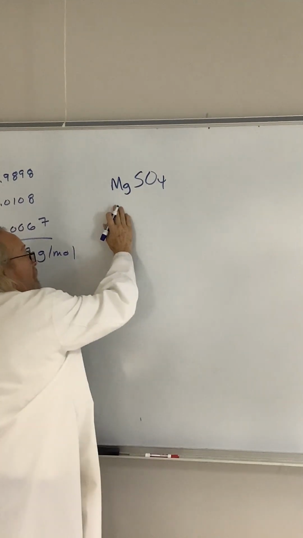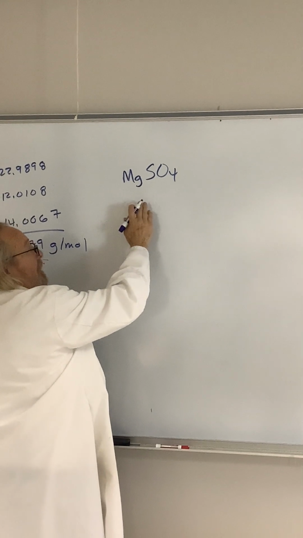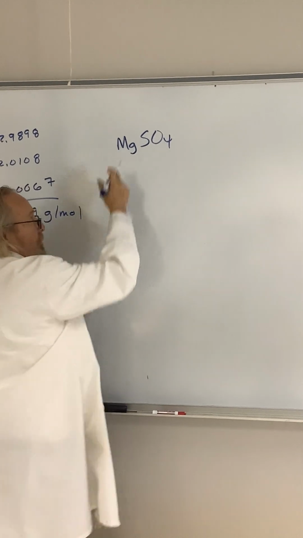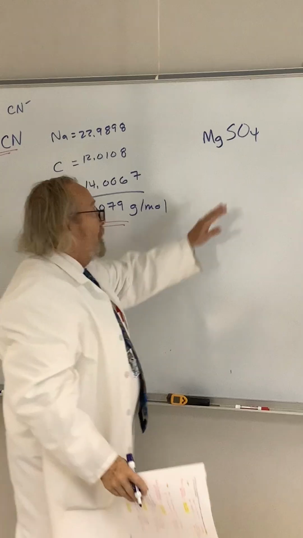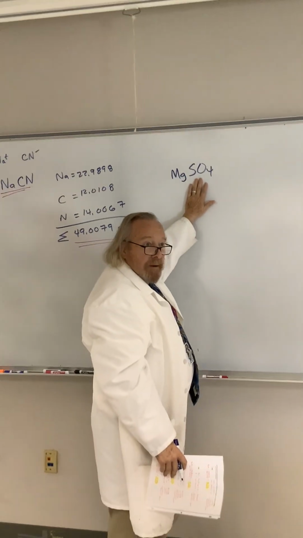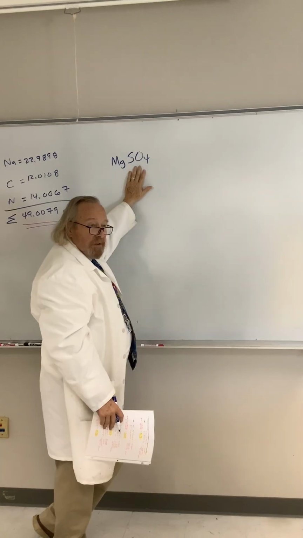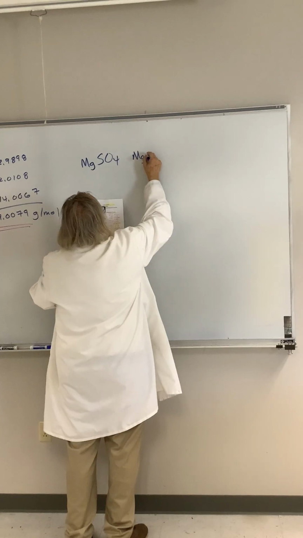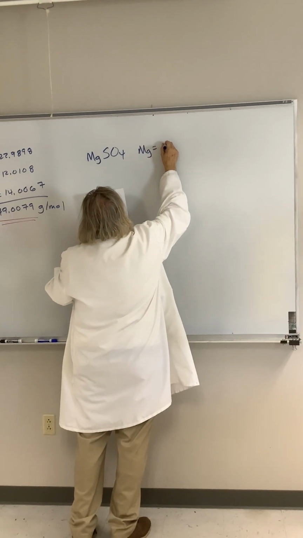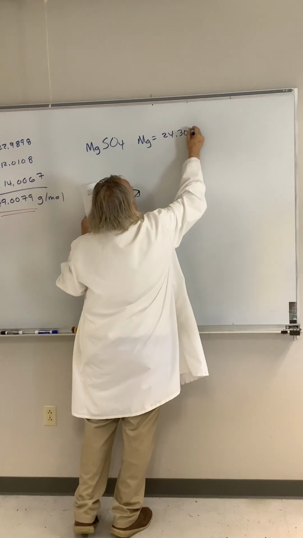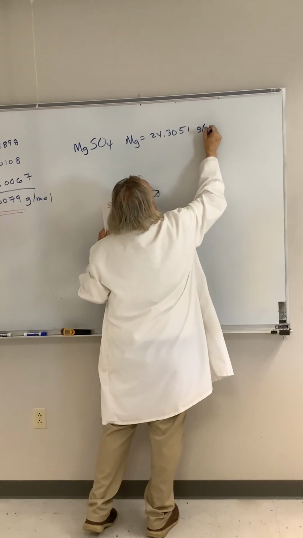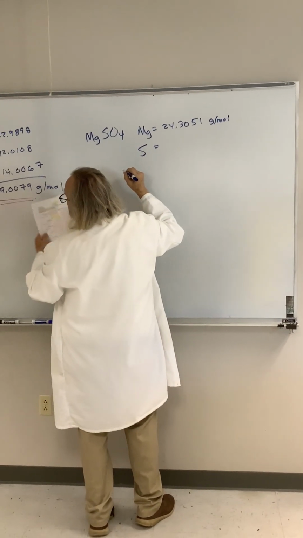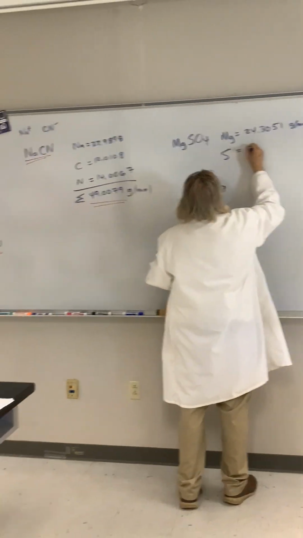It's MgSO4. Magnesium is a +2 cation, group 2 alkaline earth metal, and sulfate is a polyatomic ion with a -2. So they combine in a 1-to-1 ratio. Remember, the polyatomic ions, those atoms stay together as a group, and it's treated as a single entity and named as such. So magnesium is equal to 24.3051 grams per mole. And then sulfur, which we had over there, is 32.066